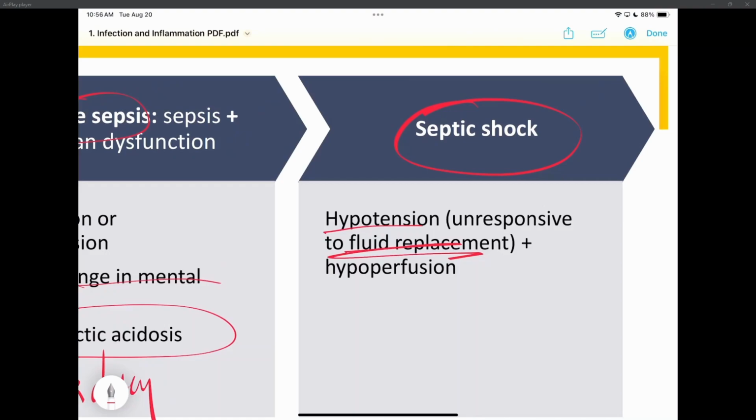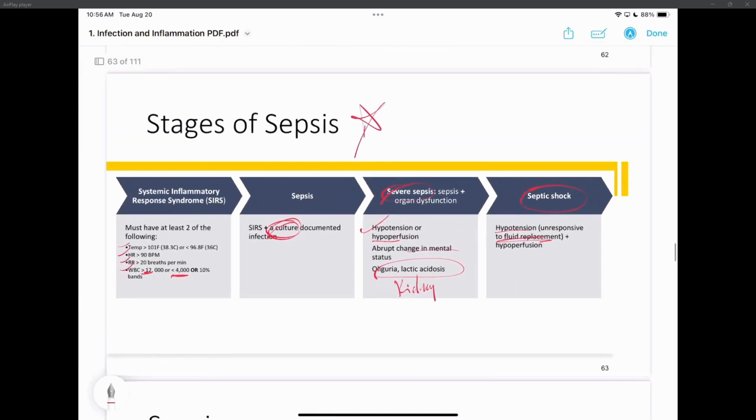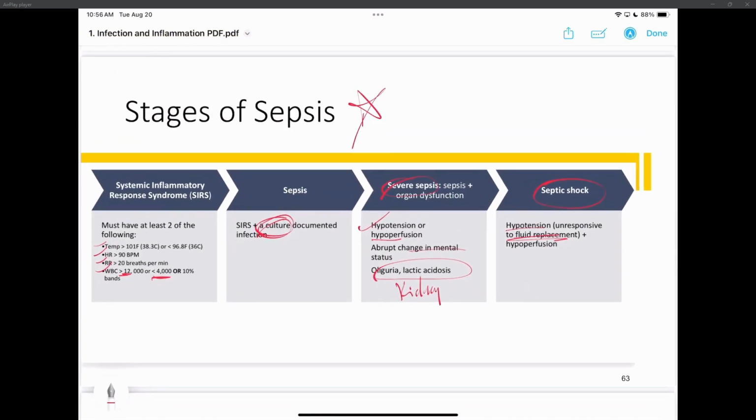Now you have to give severe, heavy-hitting drugs to really clamp those alpha-1 receptors. And where are the alpha-1 receptors located? The periphery, right? Vasoconstriction. So we have to give them drugs that act on the alpha receptors to raise their blood pressure back up. That's when they're in really septic shock. They require support to get their blood pressure up. Fluids aren't cutting it. So these are the different stages of sepsis. Make sure you understand each one. You're just adding another piece of information as you go up in severity.